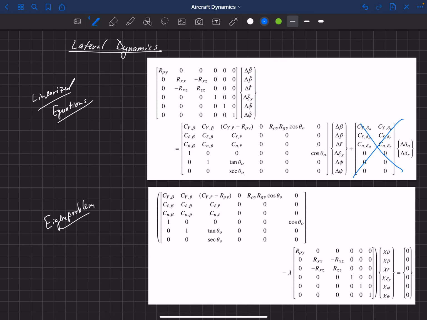Okay, so this would be like the pilot control input. And so we're going to look at the dynamics of this aircraft without any pilot input. And so we've got these two matrices here that basically, again, if you look at these vectors here, if we know the current state of the aircraft, we multiply it by this, we can take the inverse of this matrix over and multiply it there, and that gives us the change in state for each of these parameters. Okay, so these are changes with respect to time. This is the current state of the aircraft.